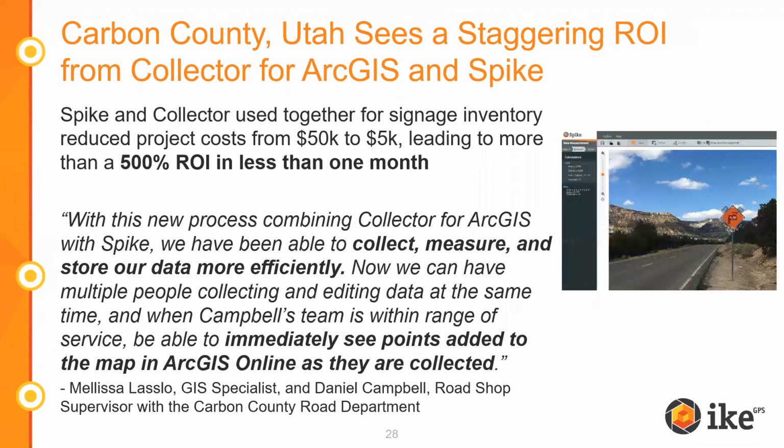And then the last one that I'll get to here is Carbon County, Utah. Carbon County, Utah estimates that they had a 500% ROI in less than 1 month. And that's not unusual for Spike, because usually the ROI of Spike is somewhere in its third or fifth use. Because if you think about it, the minute that you're not using a ladder, that you're reducing your time in the field from 2 hours to 30 minutes, or that you're not using 2 or 3 people out in the field per day, you're using 1. These efficiencies, or you're not using boom trucks to reach high things, you can see how a 500 device pays for itself. And even if you only used it once or twice a year, it begins to pay for itself pretty quickly.